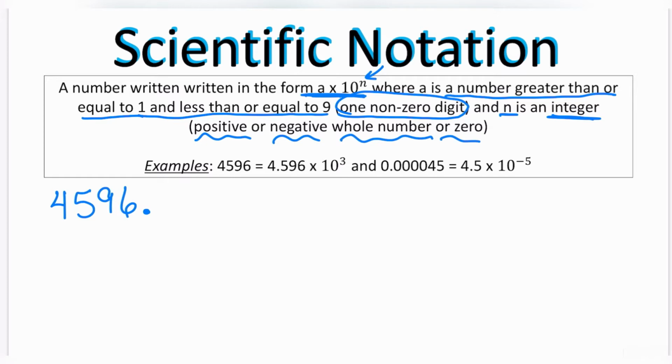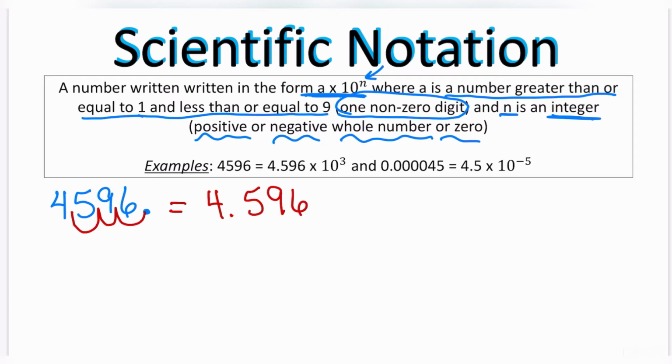Right now, in front of this decimal point, we have 1, 2, 3, 4 different numbers. So that means that we're going to have to move the decimal point to the left. So we are going to move it over 1, 2, 3 times so that we are left with